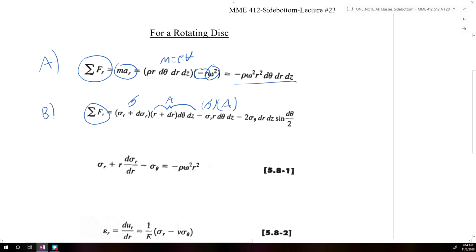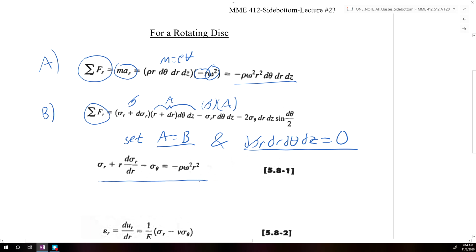if we take these two equations, A and B, and we set A equal to equation B, and we set d sigma r dr d theta dz, we say that it's going to be very small, so we're going to say that it's equal to 0. We can get this equation here for our governing equation for how we can relate the radial stresses to our rotational stress and our